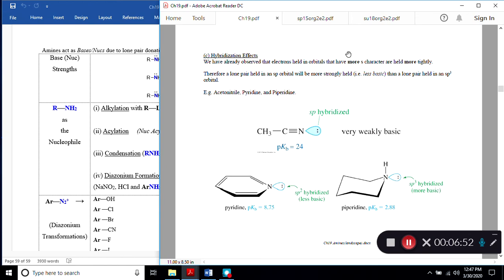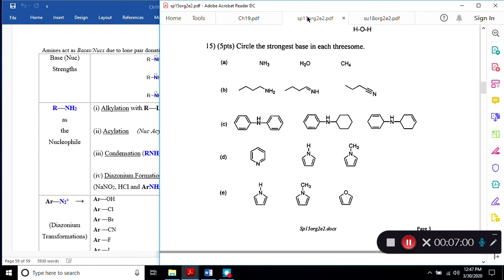It doesn't matter which Exam 2 you pick. Going back in history, they will all have some type of base strength question. So this is Spring 15, Organic 2, find the strongest base. So part A,